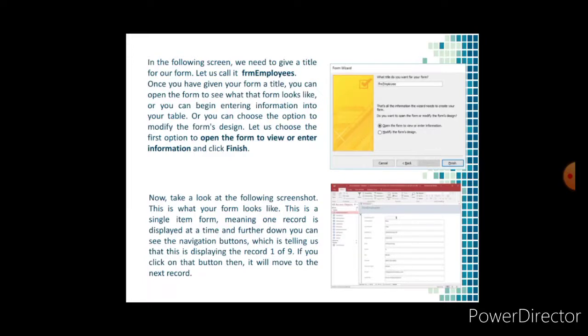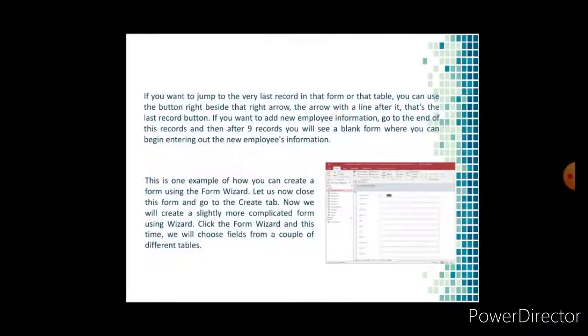meaning one record is displayed at a time, and further down you can see the navigation buttons, which show that this is displaying record 1 of 9. If you click that button, it will move to the next record. Let us say you want to jump to the very last record in the table; you can use the button right beside the right arrow.